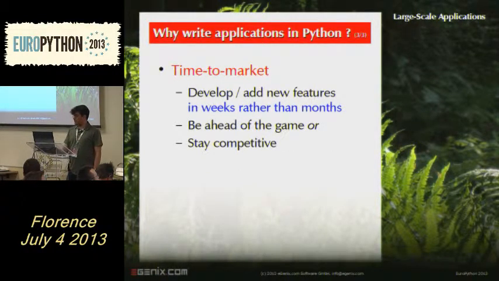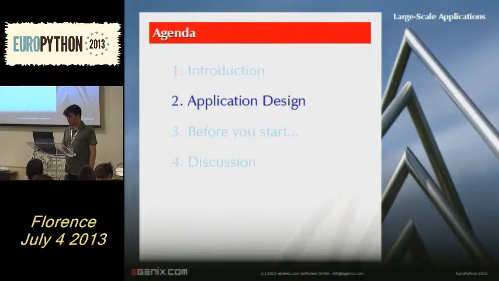Time to market is very important, especially nowadays, because the market is moving very, very quickly. So it's important to develop quickly and be able to react to customer needs. If you enter the market with a new application where you're not sure what the customer actually wants, it's very important to look at the user feedback that you're getting. And you have to take that user feedback and then implement it into your application and improve it. So all these things make Python the perfect choice.